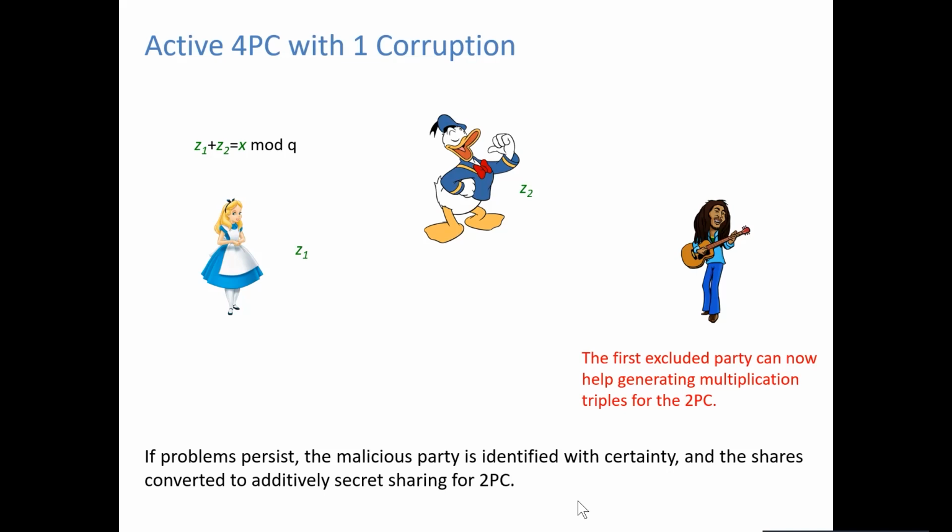Follow-up question would be, why don't you just from the beginning of the 4-party computation immediately exclude one party and start doing a 3-party computation? And then if something goes wrong, you just exclude a different party instead. I don't think you can prove the security of something like that. I mean, I'm not the one designing this underlying MPC scheme, but if you can design a scheme like that, that you can prove secure, then I'd be happy to use it. I mean, it's about proving the security of the underlying MPC, right?